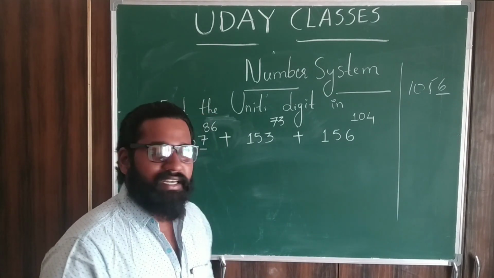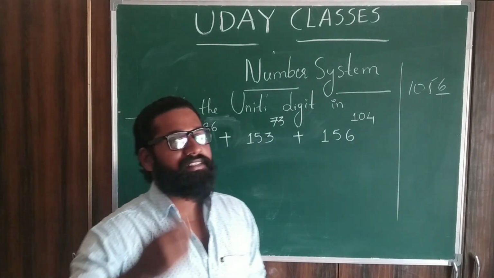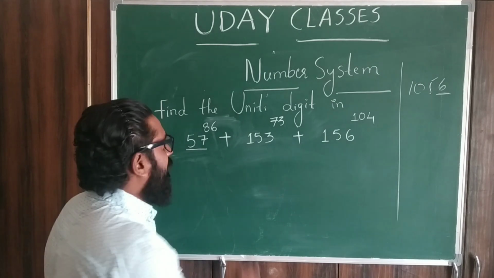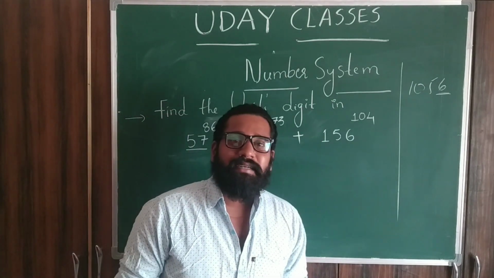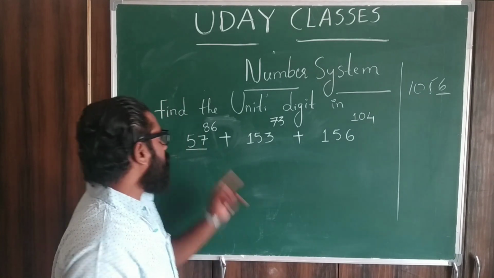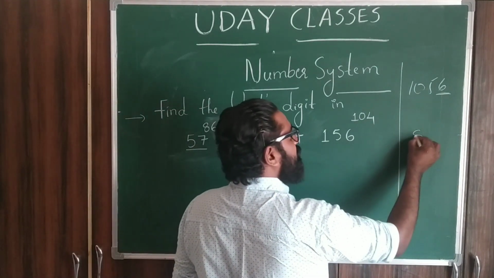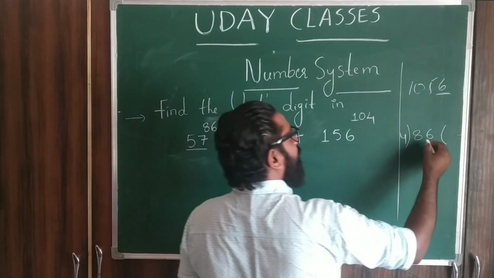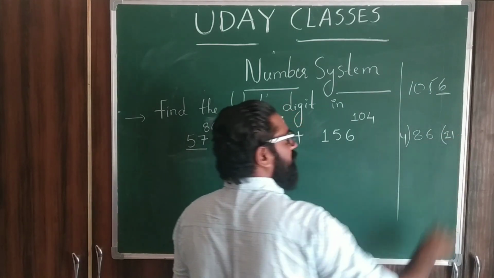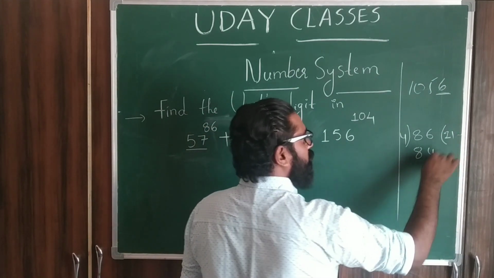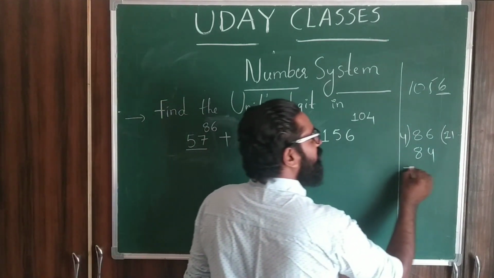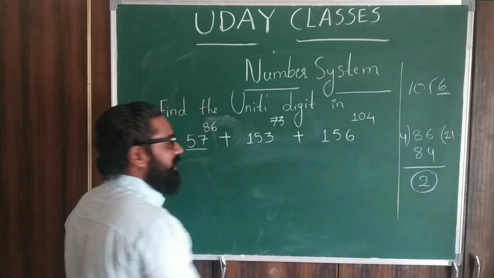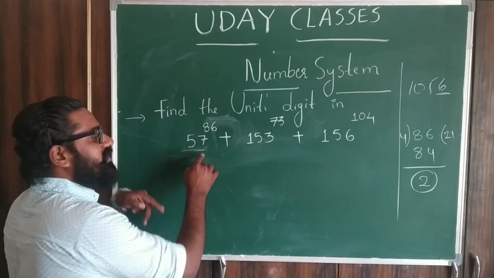So for that you have a shortcut here, because it is not possible to multiply 153 for 73 times. That is not the procedure. So procedure is here. Observe carefully. Any power is given, divide that power with 4. Suppose here 86 is there. I am dividing 86 with 4. So what will you get here exactly? 4 21s are 84. What is the remainder you are getting? 2 as remainder. So whatever remainder you are getting here, just you can write as power of this last digit.